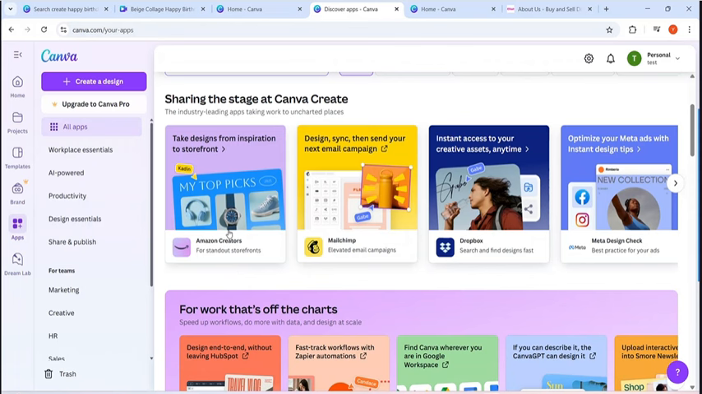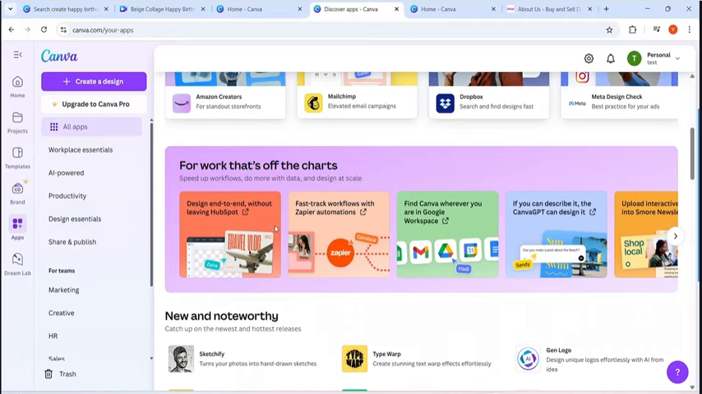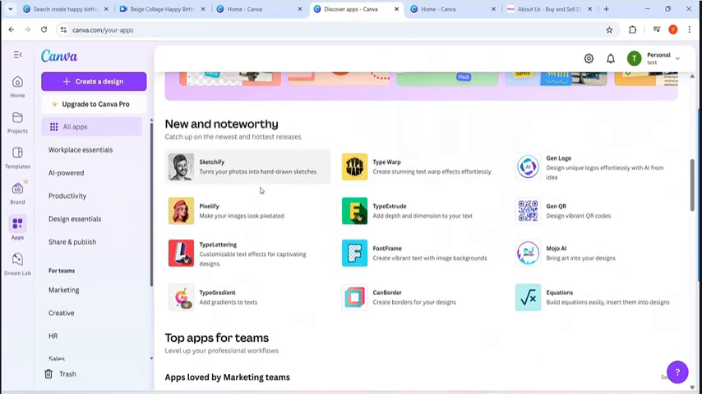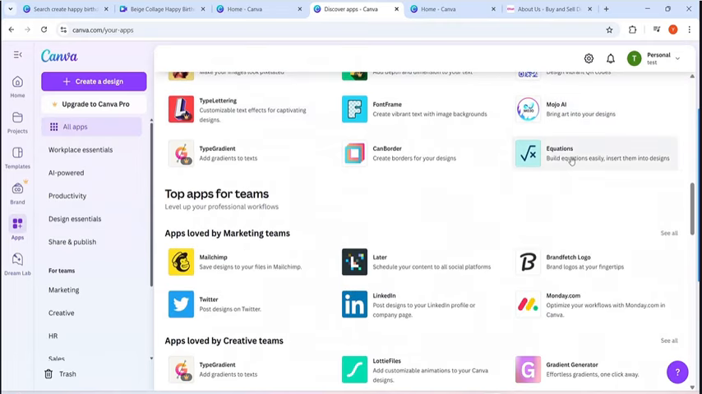Here you can search for an app over here. As an example, I'm searching for logo maker. There are thousands of apps which you can use for your design. Here you can see there are options for you: workplace essentials, AI-powered productivity, design essentials. And these are like Amazon creators, Mailchimp,